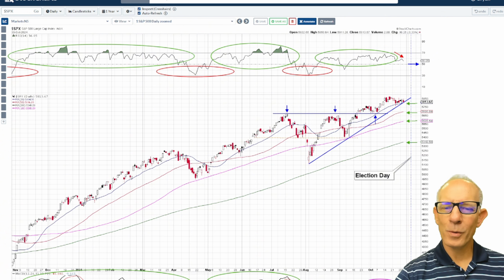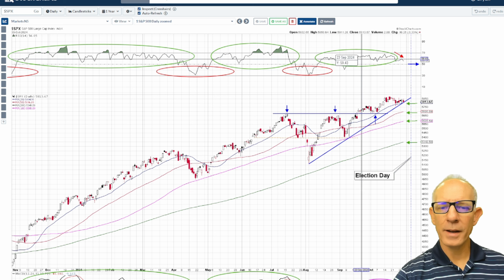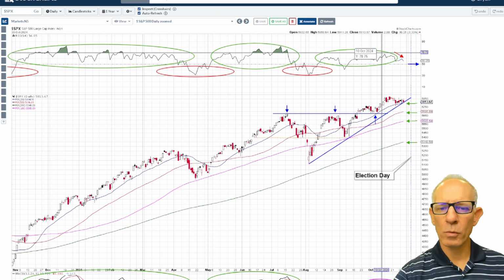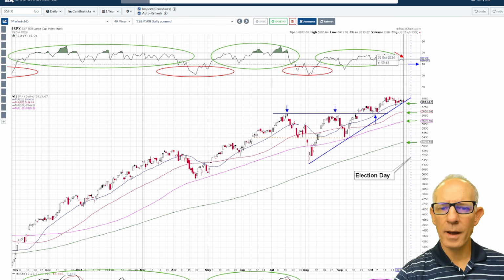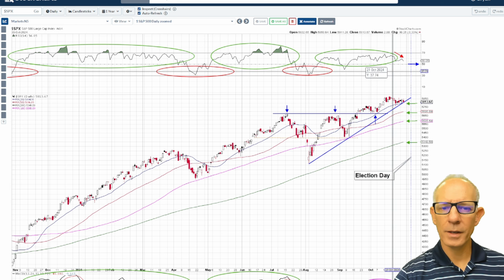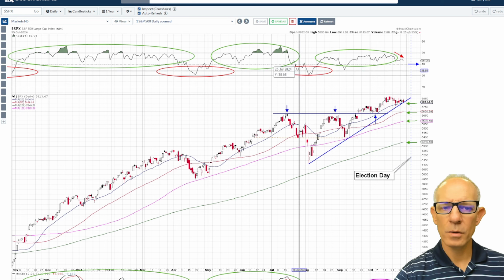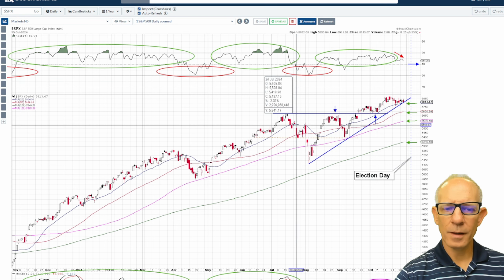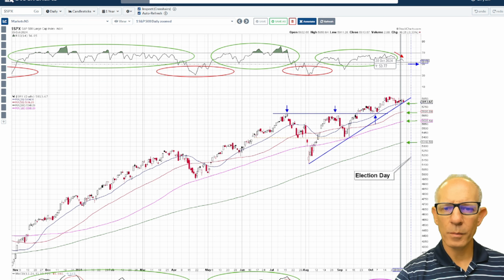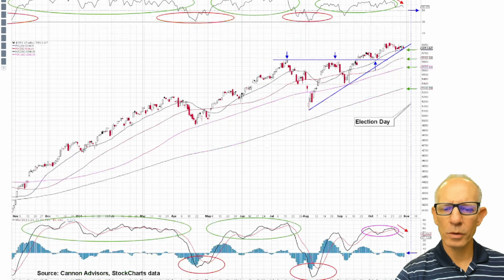So that's coming up quickly. But again, as of right now, we are getting a slight rollover here on the RSI, but it is still north of 50. So again, anytime the market is above 50, it means it's trending and doing what it's supposed to do. When it drops below 50, it means the market's heading for a little bit of trouble. So we want to watch the RSI level real closely.